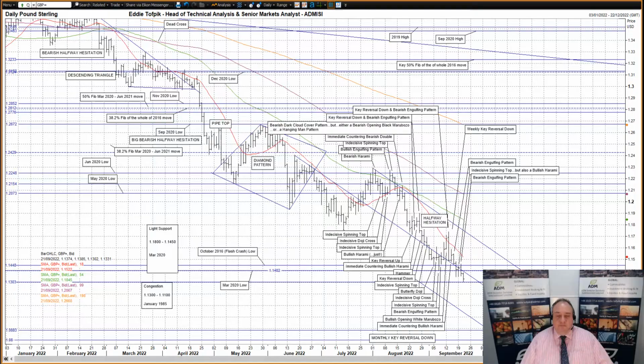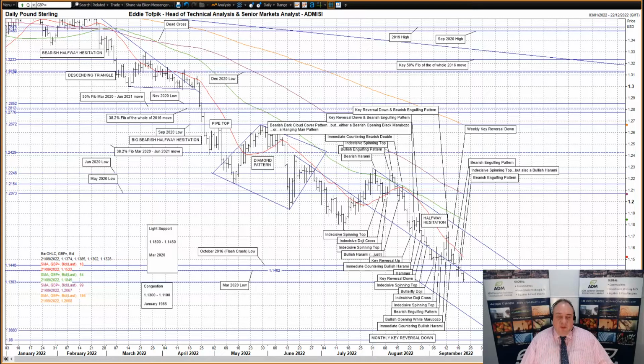Wow, there has been a hell of a lot of technical action seen at the end of last week in so many different markets. I will not delay any longer, but go straight into them. In the currencies, we had weekly key reversals down in Aussie dollar against the US dollar, Kiwi dollar against the US dollar, and sterling against the US dollar. All started this week looking lower, though I'd best describe it as hesitatingly.